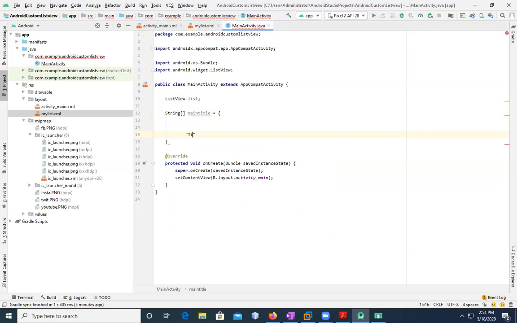I'm going to give the name to them as, for example, title1, comma, title2, or you can give any different, like we added languages, so we can give language title3,